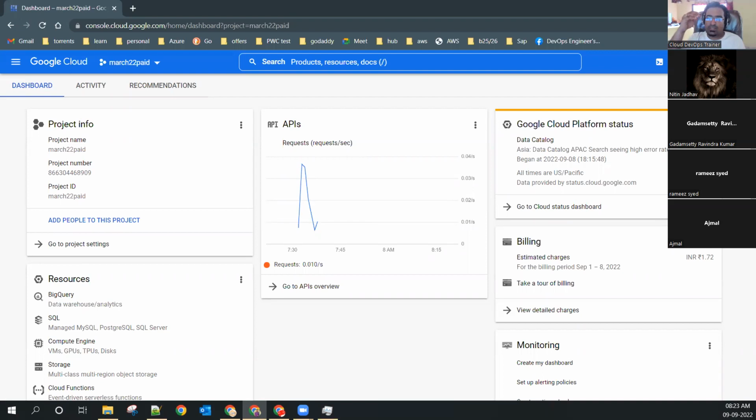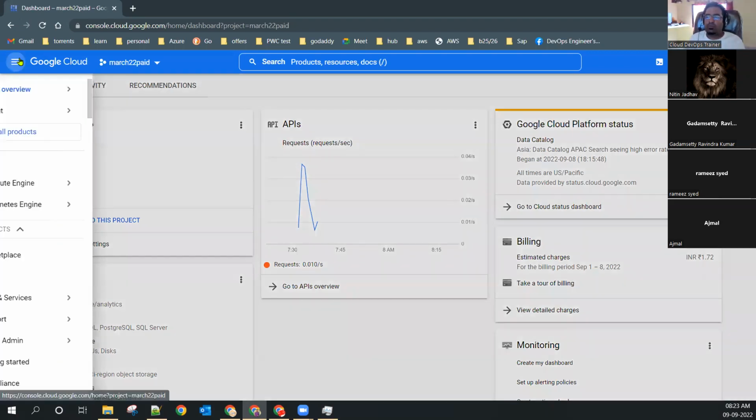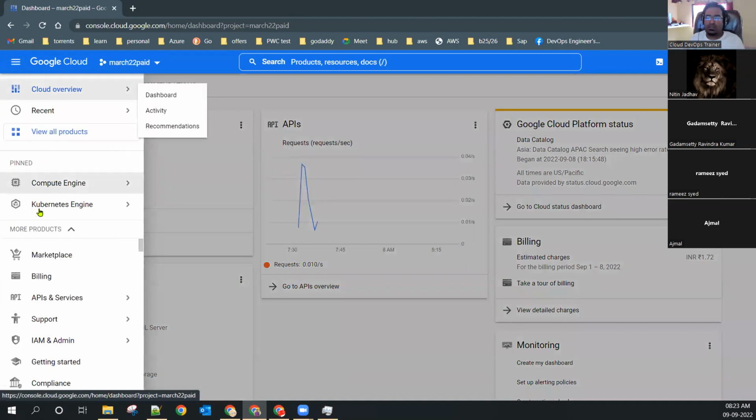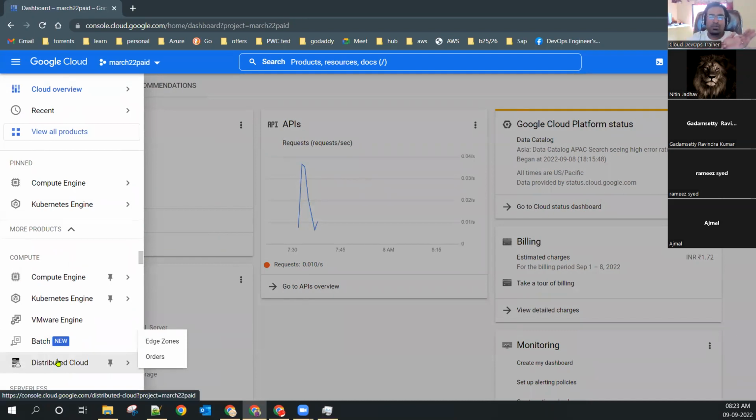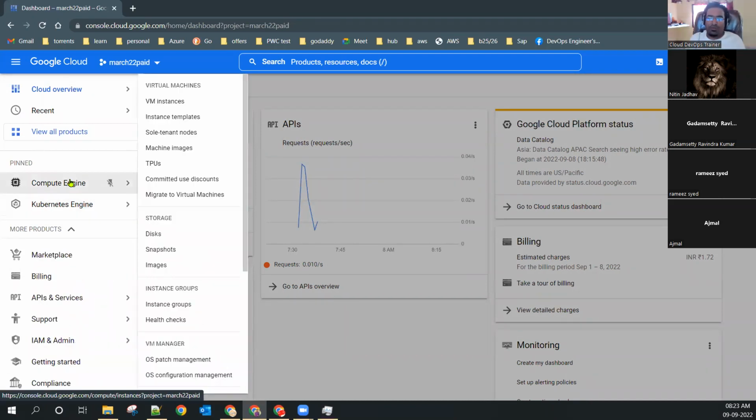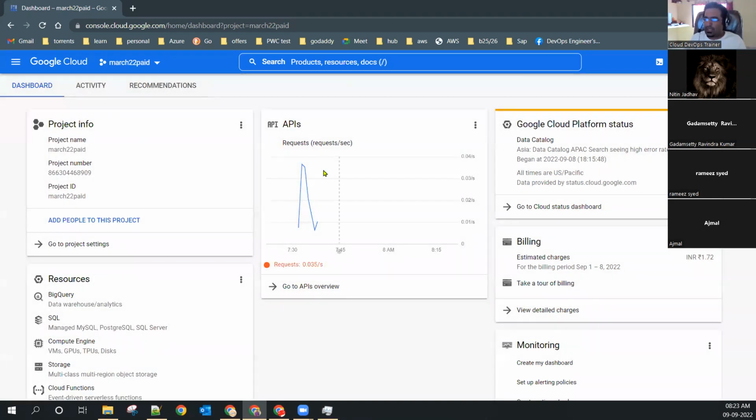If I want to access any other application or service, we have to call the API and then only we can access that service. How? In Google Cloud, in AWS, everywhere, multiple services are there. These are all different services provided by the cloud provider. Wherever I want to go, I will choose that particular service. Then I'm calling that API. I'm telling Google Cloud, sir, give me a virtual machine. Then only this will be allowed. Okay, cool. And this is the API tab.